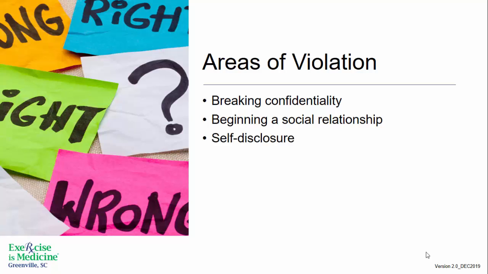Self-disclosure can be a boundary violation. Some amount of self-disclosure by exercise professionals is expected, as it can help with reassurance and building trust, thereby improving the therapeutic relationship. However, disclosing irrelevant or intimate information will not help that professional relationship and is an area of boundary violation. If you are about to disclose personal information, stop and think: will this information help my patient, or is this about me? If it won't help the patient, don't disclose.